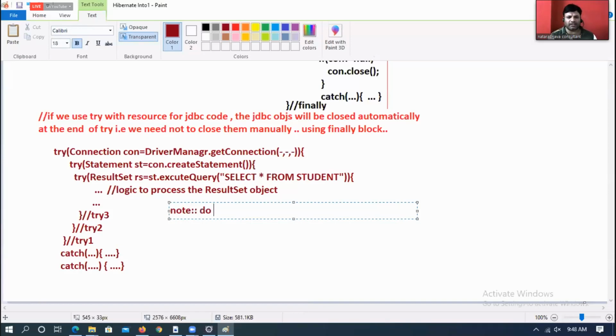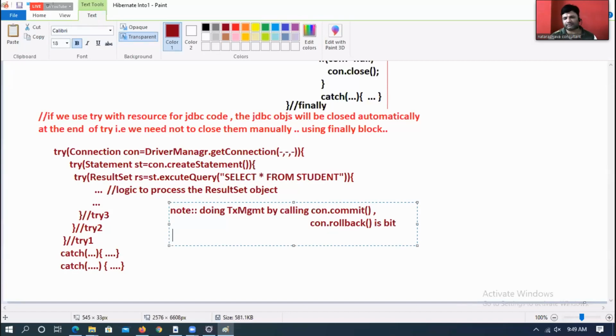Note: doing transaction management by calling con.commit and con.rollback is a bit complex in try with resource.